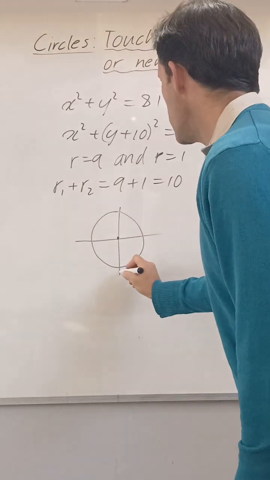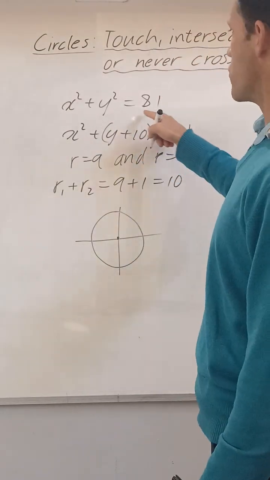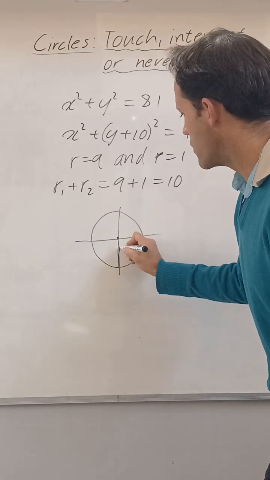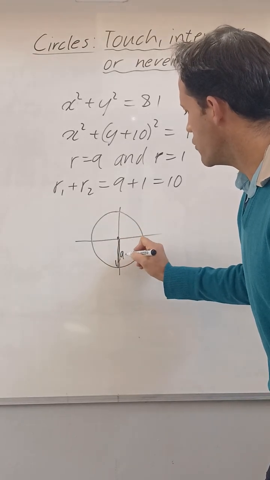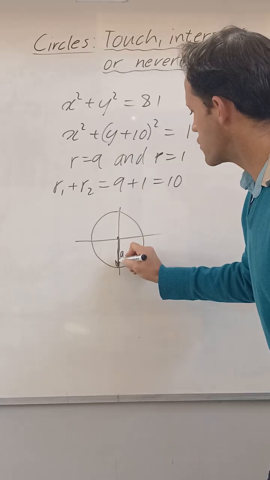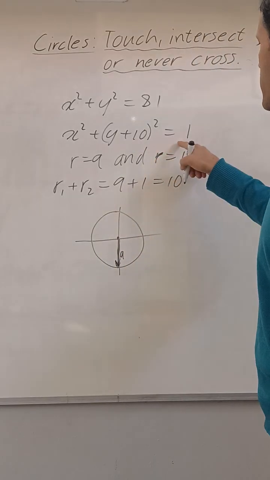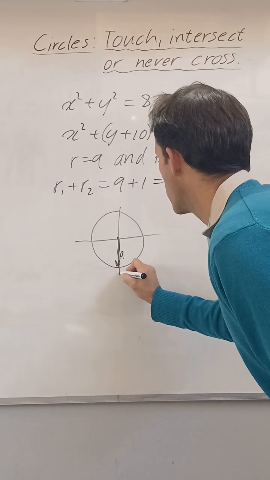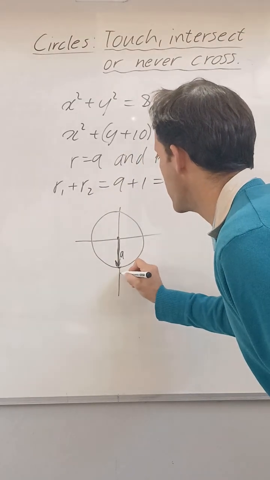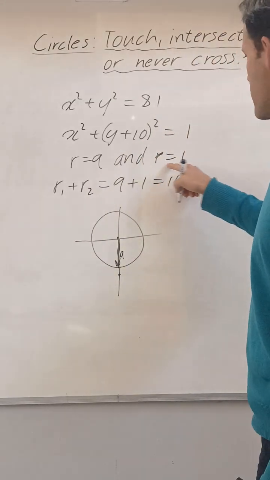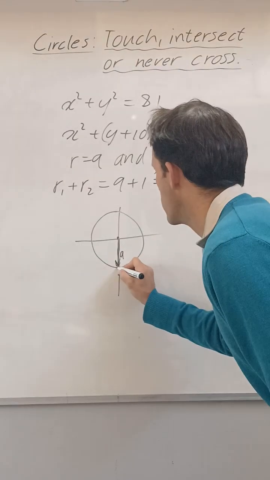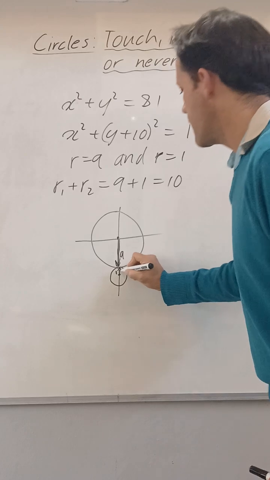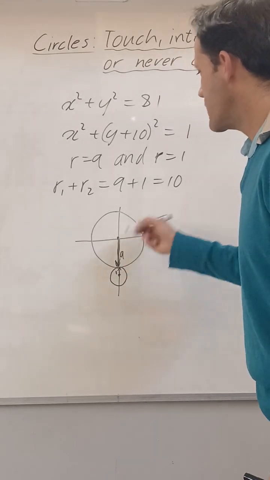Okay, so if you think of the radius of this one, it has a radius of 9. So if it goes down 9 units, it's got a distance of 9 units down. This one has a radius of 1, and it starts at negative 10. So it starts 9, there's negative 9, there's negative 10. And you can see it's got a radius of 1. So obviously it's going to go like this. Radius is 1, and then 1 plus 9 is 10.